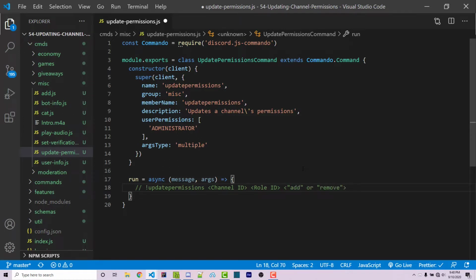It must be one of those two. Capitalization won't matter. And then the last one is going to be any amount of permission nodes. So a permission node is going to be something like this. It's going to be an actual string that represents a specific permission, and these have to be spelled a very